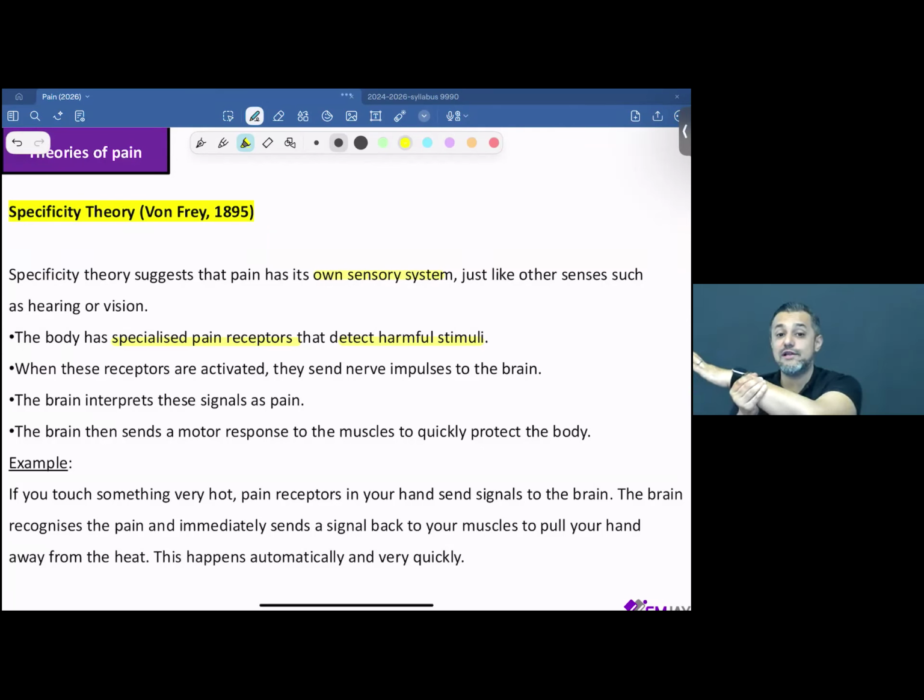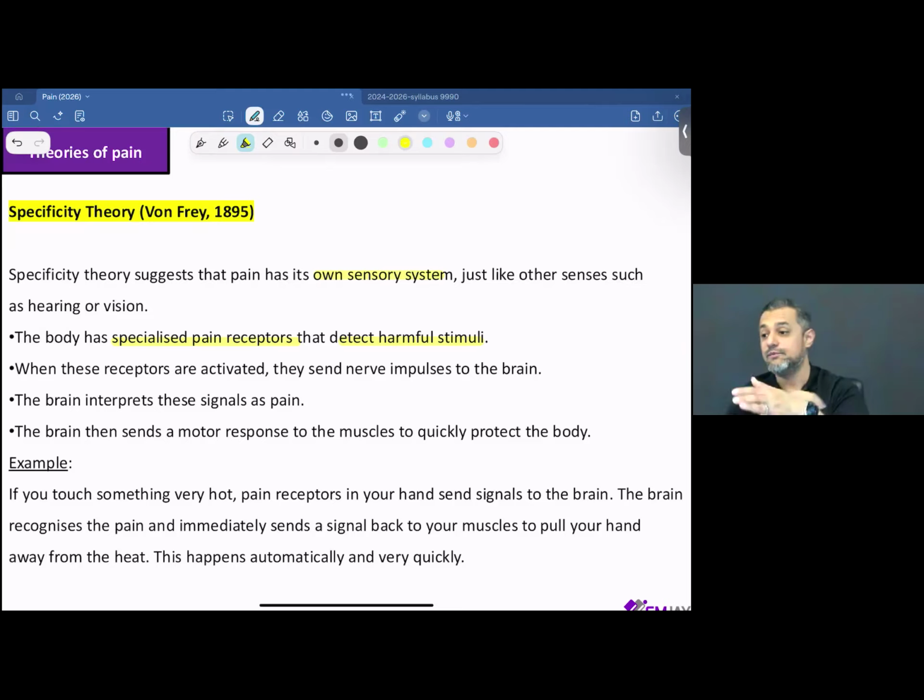क्योंकि specificity theory claim करती है कि आपके उस particular body part के अंदर कुछ sensory pain receptors होते हैं, और ये specialized sensory pain receptors ये डिटेक्ट कर पाते हैं उस harmful stimuli को. लेकिन अगर वो body part exist ही नहीं करता, तो वो pain receptors कहाँ से होंगे? Now, the body has specialized pain receptors that detect harmful stimuli. When these receptors are activated, they send nerve impulses to the brain. The brain interprets these signals as pain, and the brain then sends a motor response to the muscles to quickly